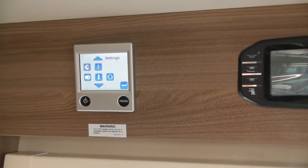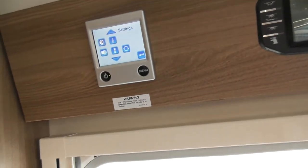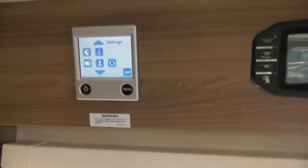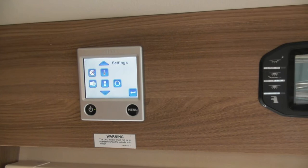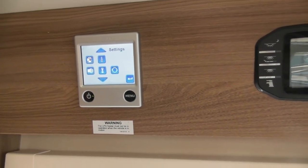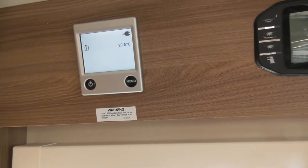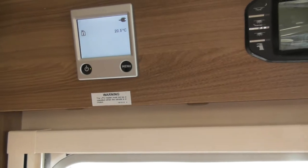So say you wanted your heating to come on at, say, 5 o'clock on a Friday afternoon. What you can do is set that, and it will come on at that time, run for 24 hours, then switch itself off. And in 7 days' time, it'll repeat again. So it'll run for 24 hours. So if you've got your van at home,